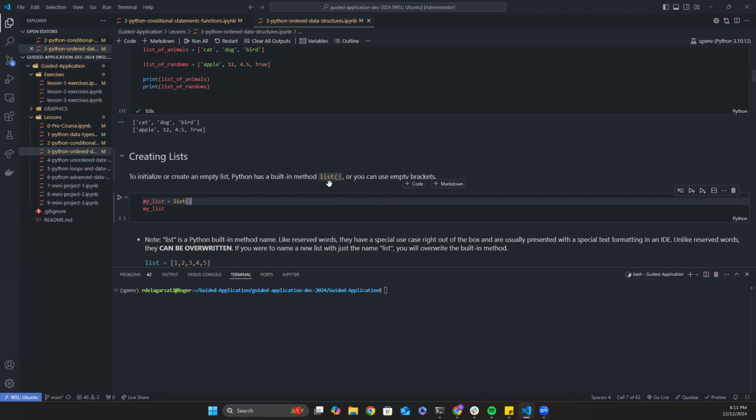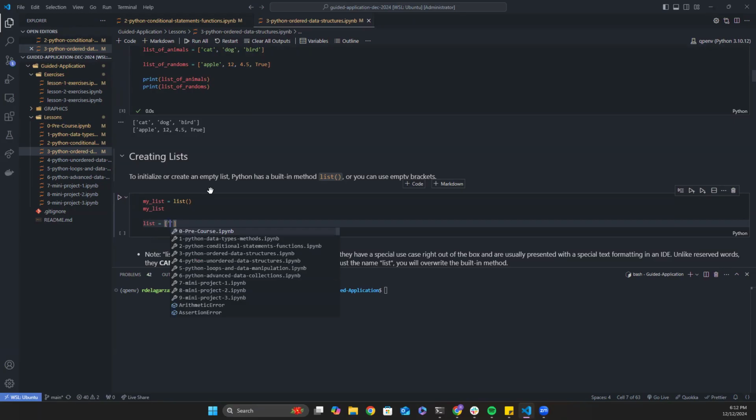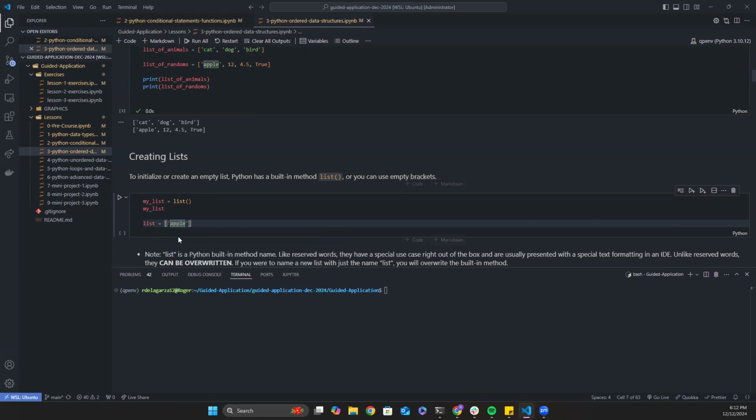I have never seen anybody declare a list just calling the list in parentheses, but you are able to initialize or essentially create an empty list by using the built-in method from Python that's called list and open and close parentheses. Now, something to take note of. This is a built-in method. So if later on in your code you tried to declare a variable and called it list, and you added whatever in here, like a string of apple, this will overwrite this built-in method,